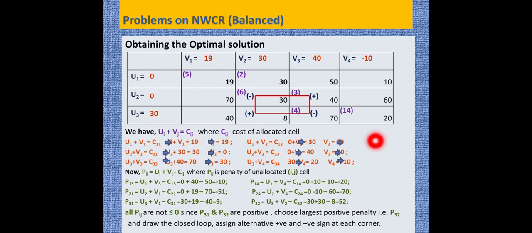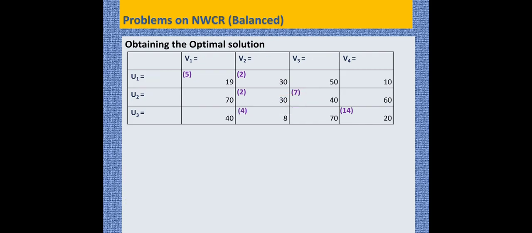Okay, let us check now. Or I can say this 4 will come here, that is, this will become an allocated cell. It will be reduced from 6, 6 minus 4 is 2, and here that 4 will be added, so that it will become 7. So if you can see, these are the new allocated cells: 4, 2 and 7 as I told. Again now we need to calculate u1, v1, v2, v3, v4 and all.